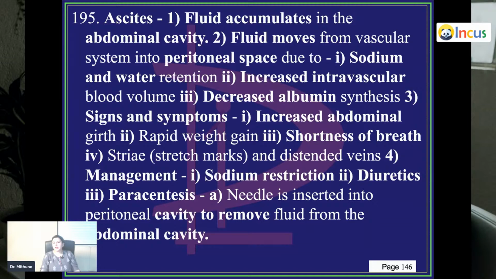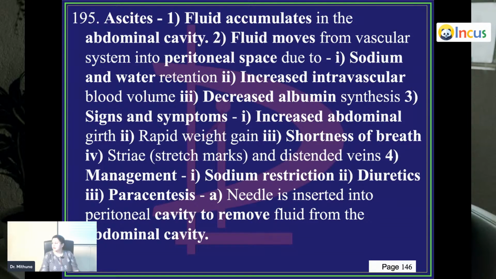What is ascites? Ascites is nothing but fluid accumulation in the abdominal cavity. Fluid moves from the vascular system into the peritoneal space. One of the reasons is electrolytes: if you have sodium and water retention, your whole body swells up. Ascites can also occur with increased intravascular blood volume. There is too much blood intravascularly, and even that can seep out and cause ascites. Decreased albumin synthesis: if there is any problem with the liver, decreased albumin can also lead to fluid